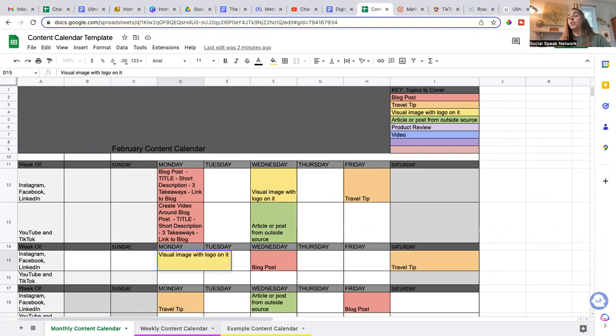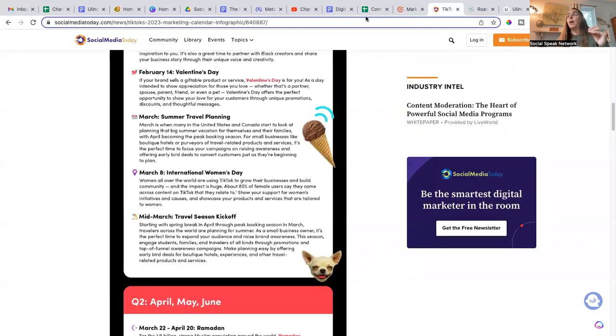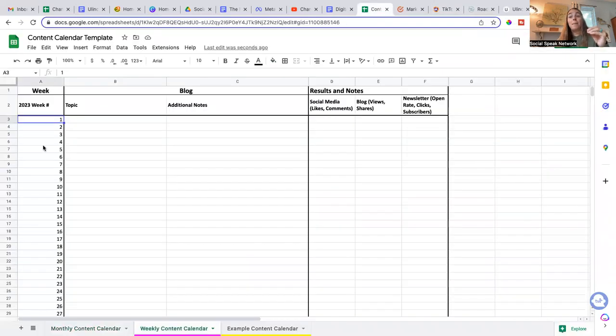So on this sheet, you'll also see a weekly. So this is just kind of maybe more, and maybe it's not weeks, maybe it's more months. So kind of you're taking this and what topics do you want to be talking about that month? Maybe you want to have a theme each week that you want to be talking about. And so you can fill out that topic and any additional notes from your blog post or other articles that you want to link back to for